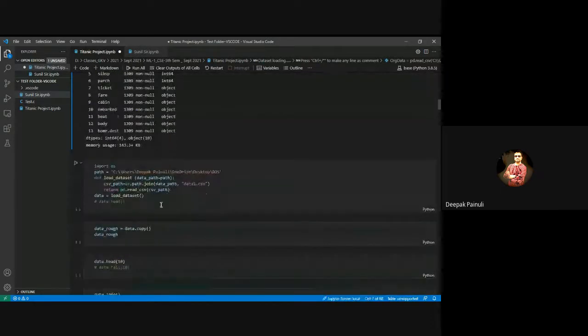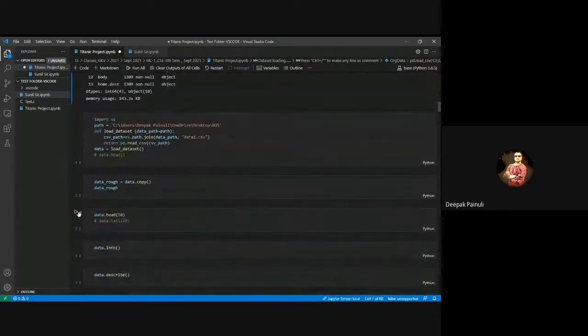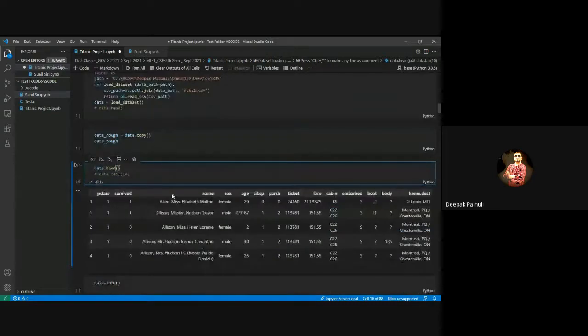Let us check some entries of the data, right? For that, I have the head function. You can use the head function without any argument. It will give the top five rows of your dataset. You can check, yes, it is giving a total of five top rows or instances of your dataset, right?